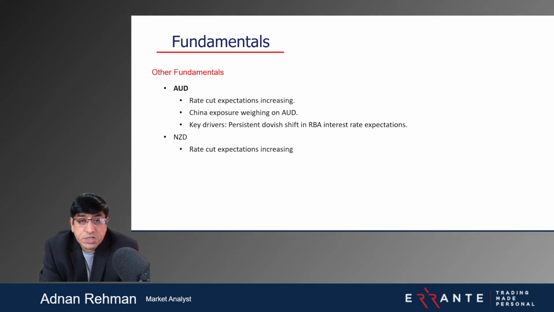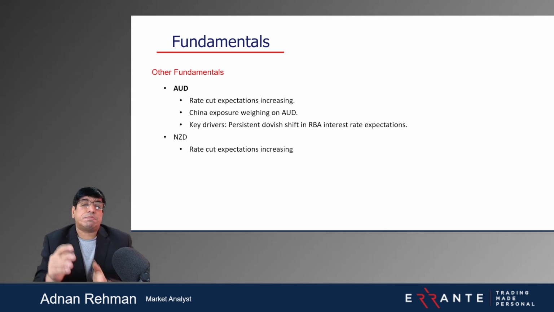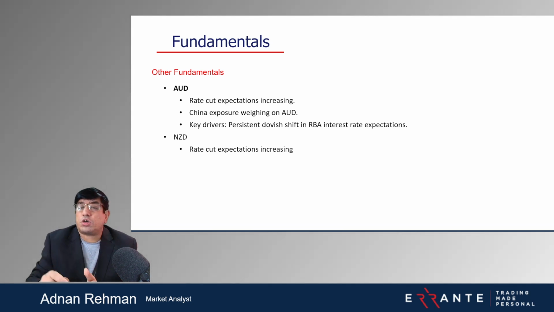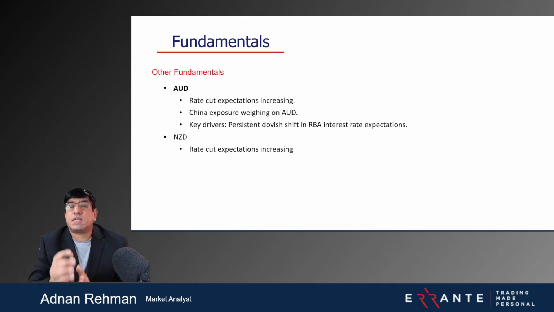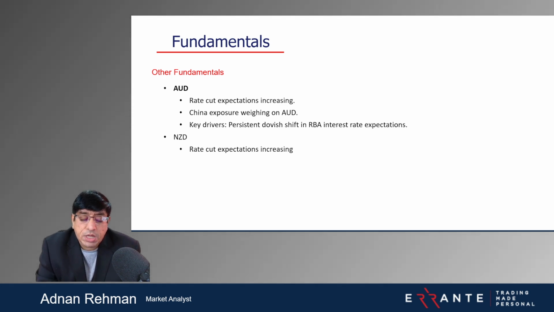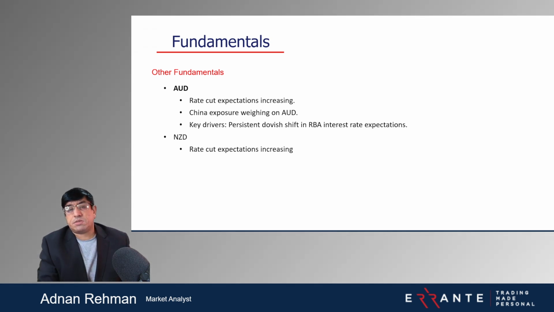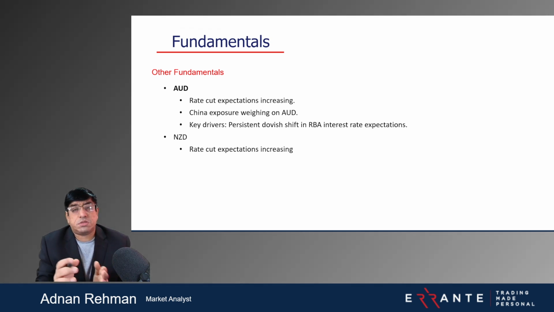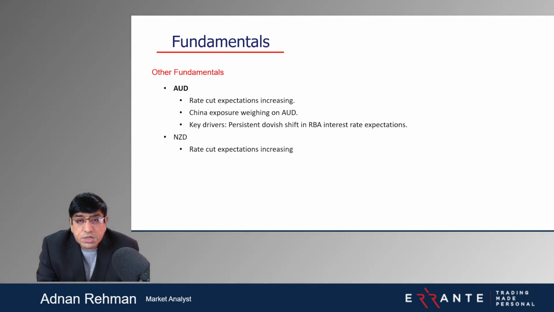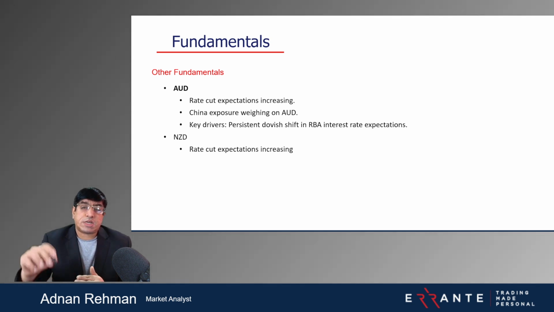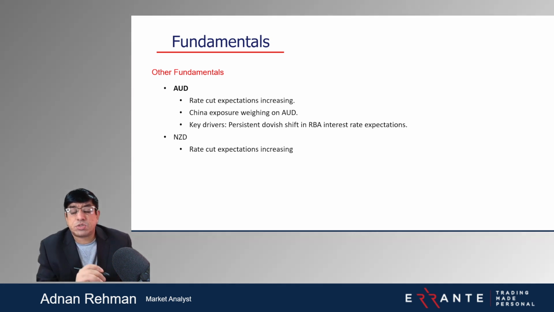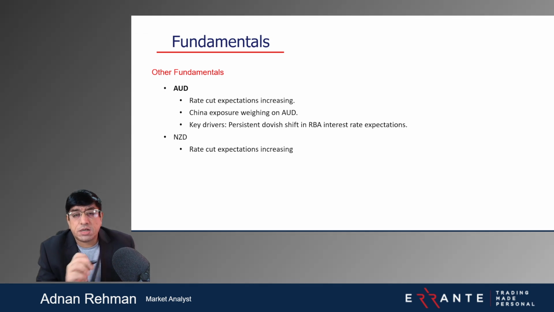So what I'm trying to say is that the Federal Reserve may go into a hold scenario, a hawkish hold. It means hawkish plus a hold scenario, which can give a temporary strength to USD. On the other hand, the other economies like the Euro are facing troubles. JPY is going into a rate hike, as you have seen. GBP is going into multiple rate cuts. The same goes for NZD and the Australian dollar. So you can see JPY is going towards a rate hike, and only one central bank is going for a hold scenario, the USD, and it will take the benefit from it.